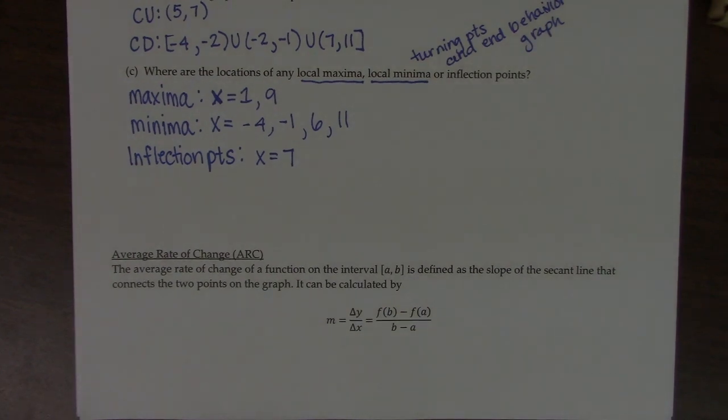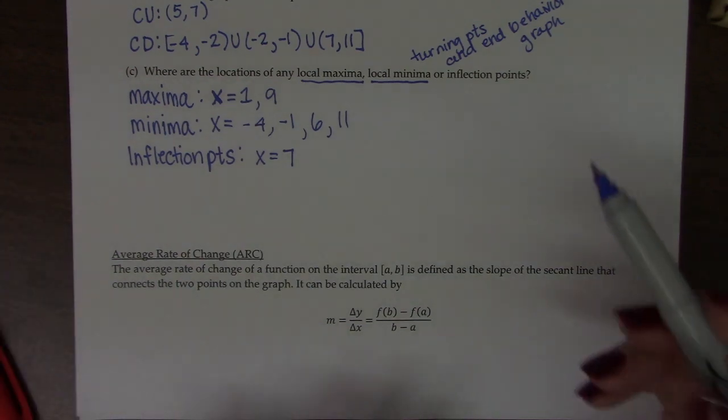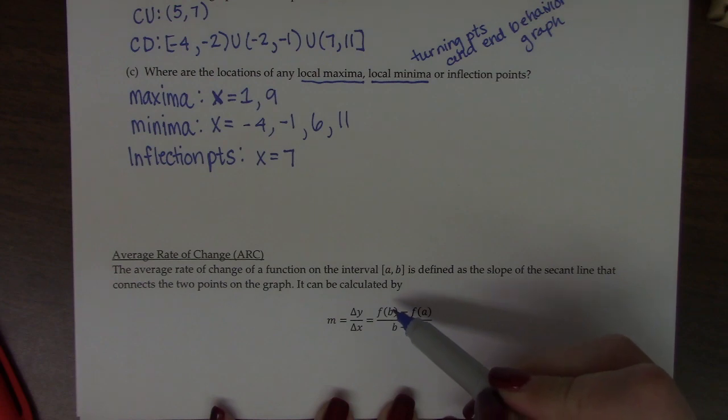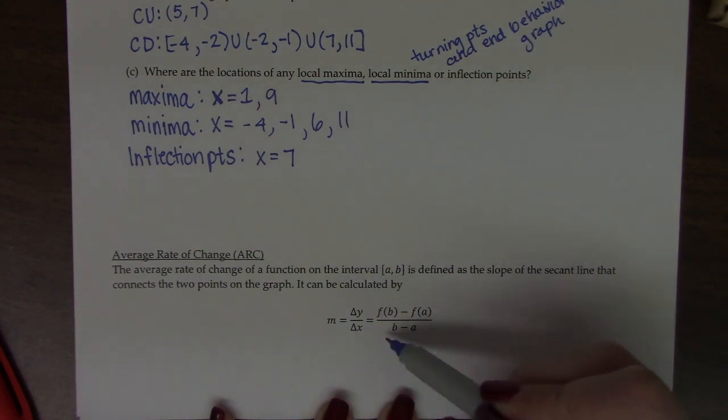The average rate of change, or the ARC as we're going to abbreviate it, is defined as the slope of the secant line, but what it's really measuring is, remember, slopes are changes in y over change in x. So you will be given an interval to check the average rate of change over, and we calculate the average rate of change by taking the change in the y values of those 2 points divided by the change in